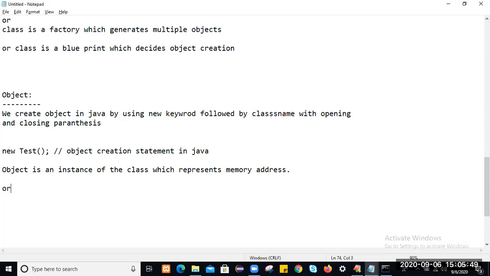Or we can define object like this also: object is an instance of the class, an instance of the class which holds only non-static members of the class.